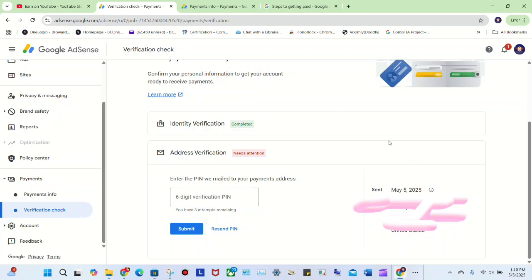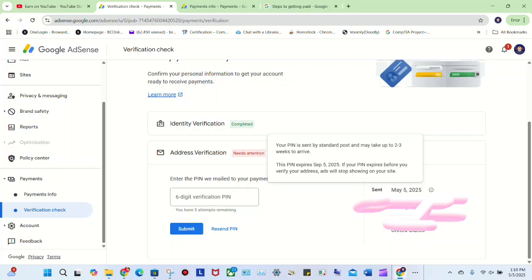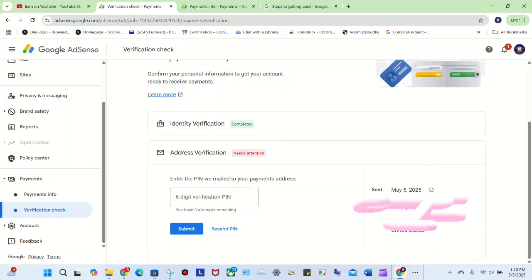So I guess I'll be back if I get the PIN, in 2 to 3 weeks or in months, because I might have to redo this whole process. I might have to change the address to just my mailing address, because if it's through USPS, they don't know how to deliver it to my physical address. They can only use my mail-in, while FedEx and UPS can only deliver